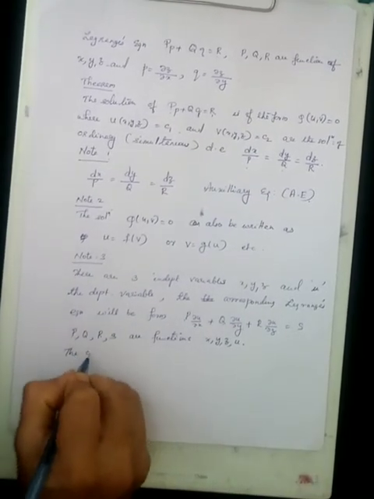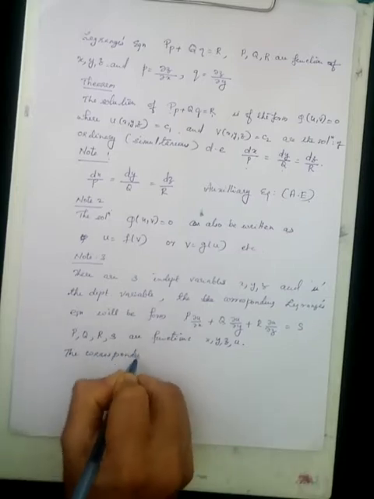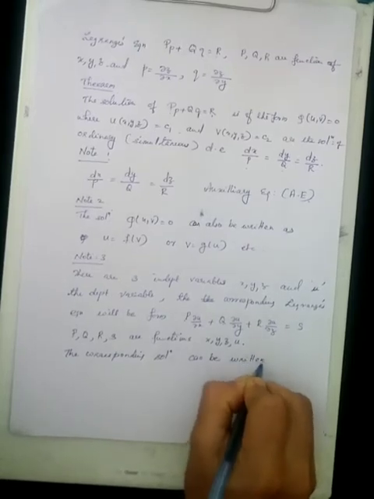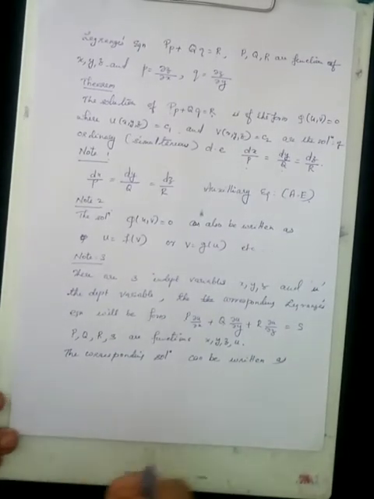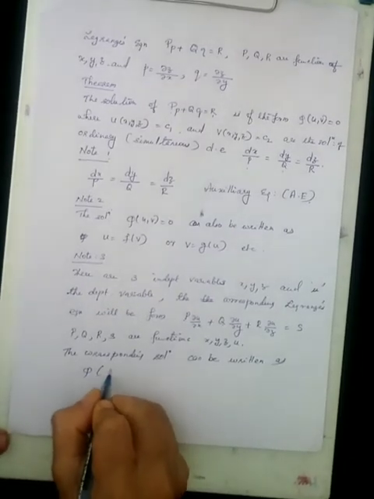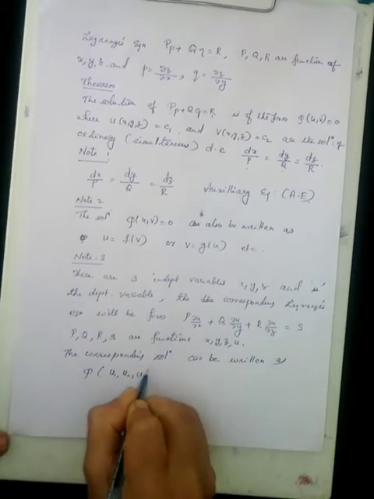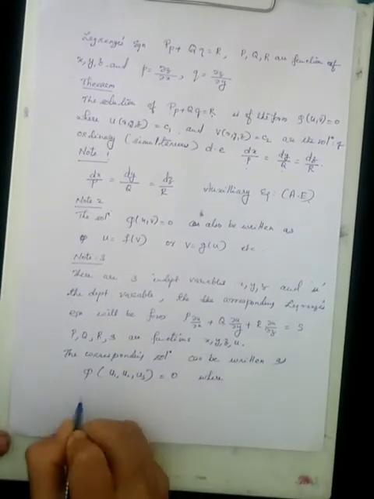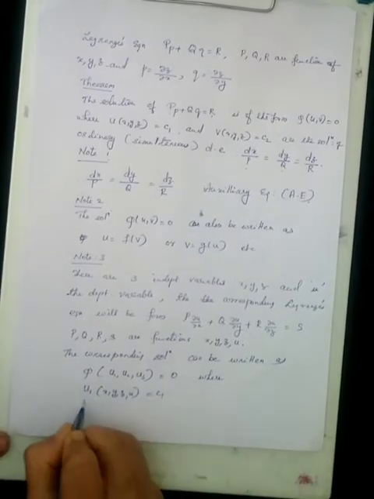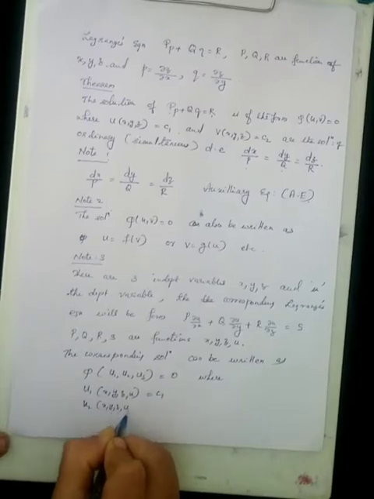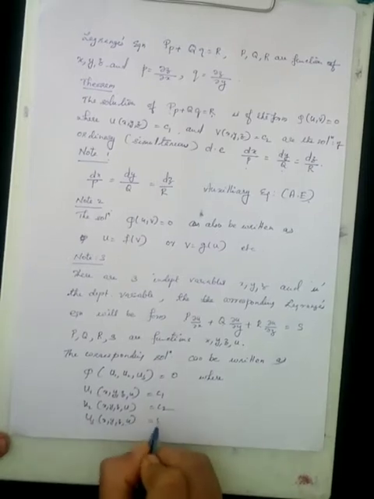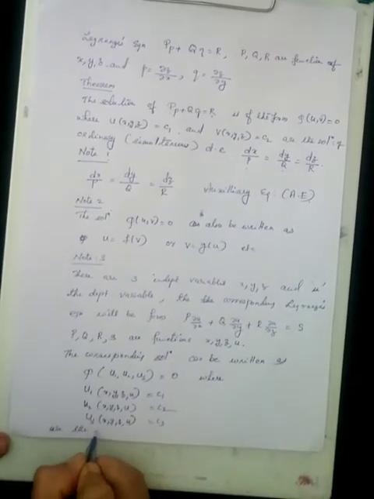The corresponding solution can be written as a function φ(u1, u2, u3) = 0, where u1(x, y, z, u) = c1, u2(x, y, z, u) = c2, and u3(x, y, z, u) = c3 are the solutions of